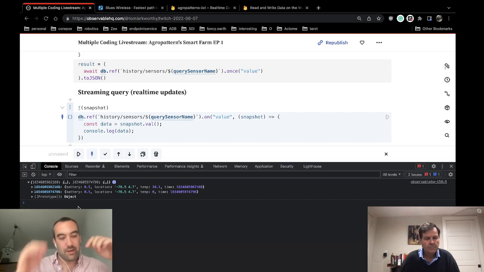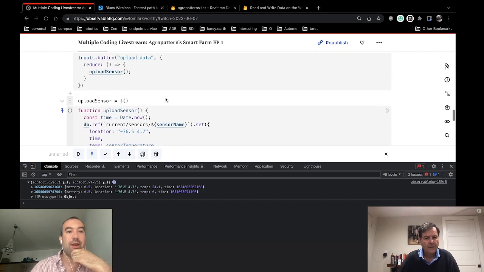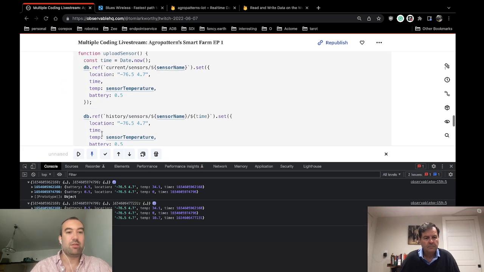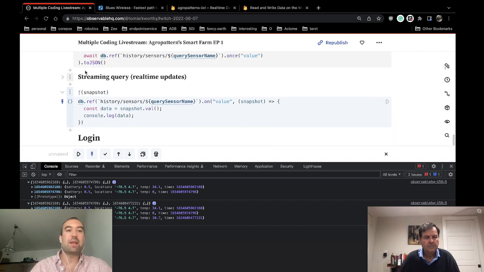And what it's done is printed it as a collection. So it's got everything. It's got all the values from the history at that time. And now what happens if we upload another data? If I upload data, you see it prints again. So this is always updating, but it's sort of trapped in this